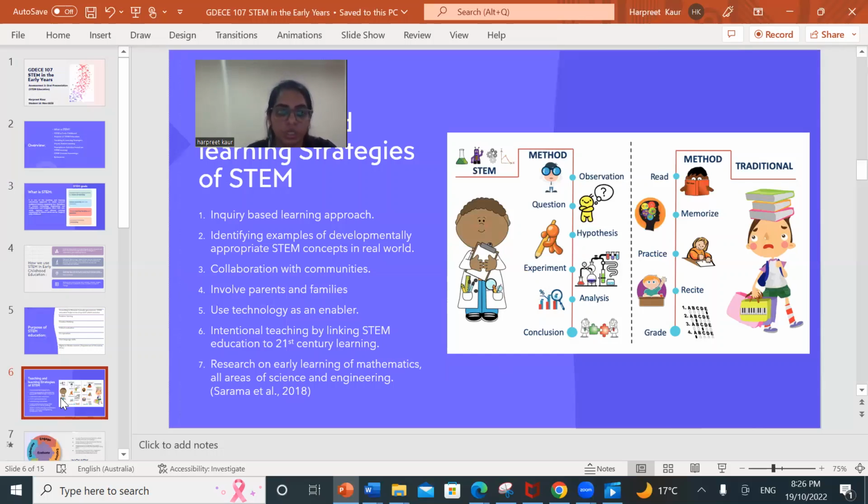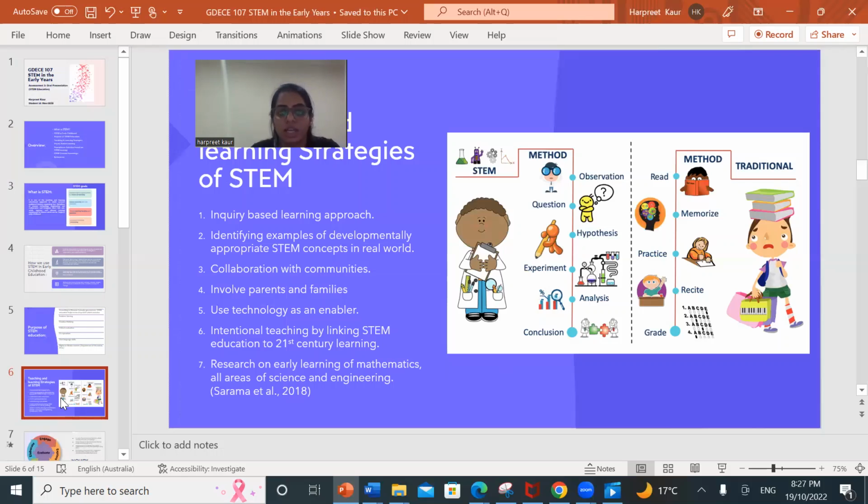And then collaboration with communities and involvement of parents and families will really be a good idea, because mostly parents don't know about STEM and things. Then if we tell them, they can engage their children during regular routines, basically when they go for grocery shopping or any kind of thing, when they go to the park, or even at home during eating, or anything they're doing, they can add STEM concepts, which really helps children to develop their cognitive skills really well